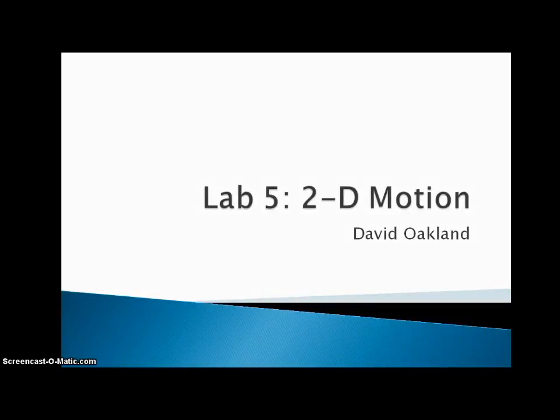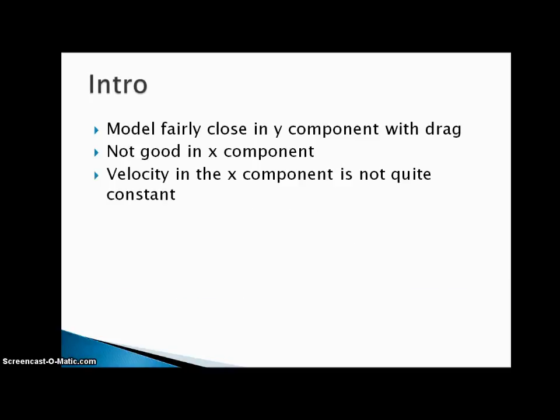This is our fifth and final lab. I decided to track the motion of an object with velocity in 2 dimensions. I then also created a model in VPython to predict the trajectory that the object should have. I found that with a drag constant b, I can make the motion in the y direction line